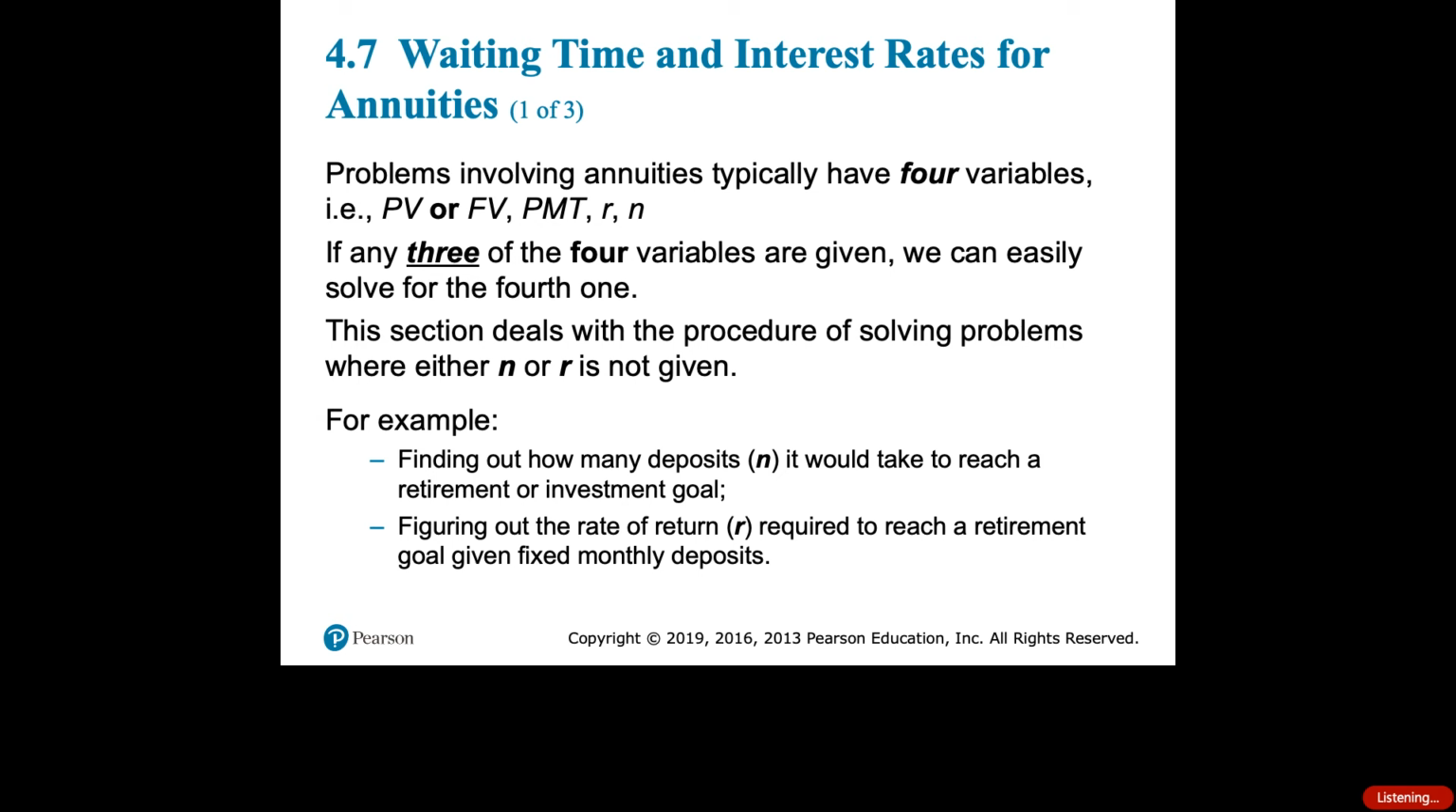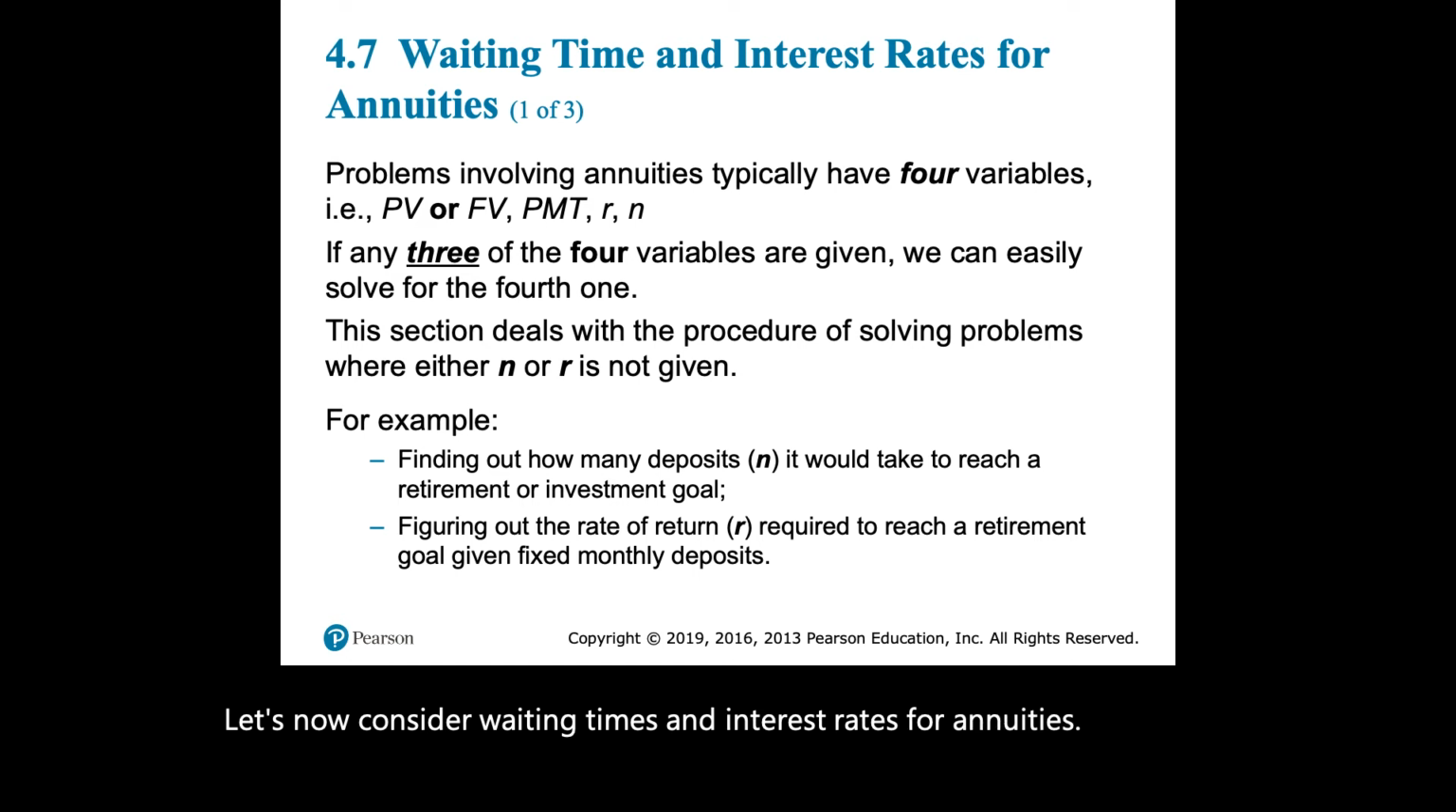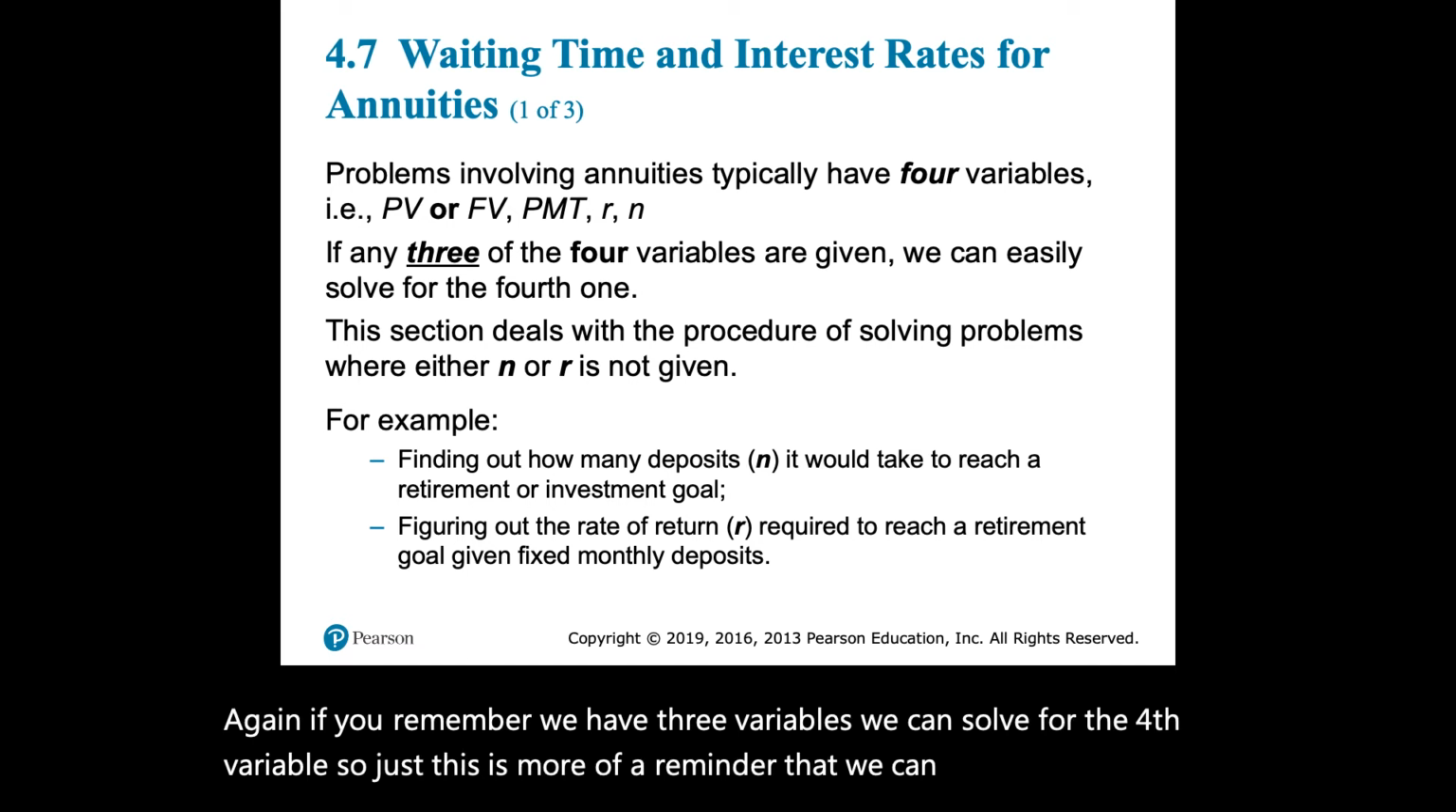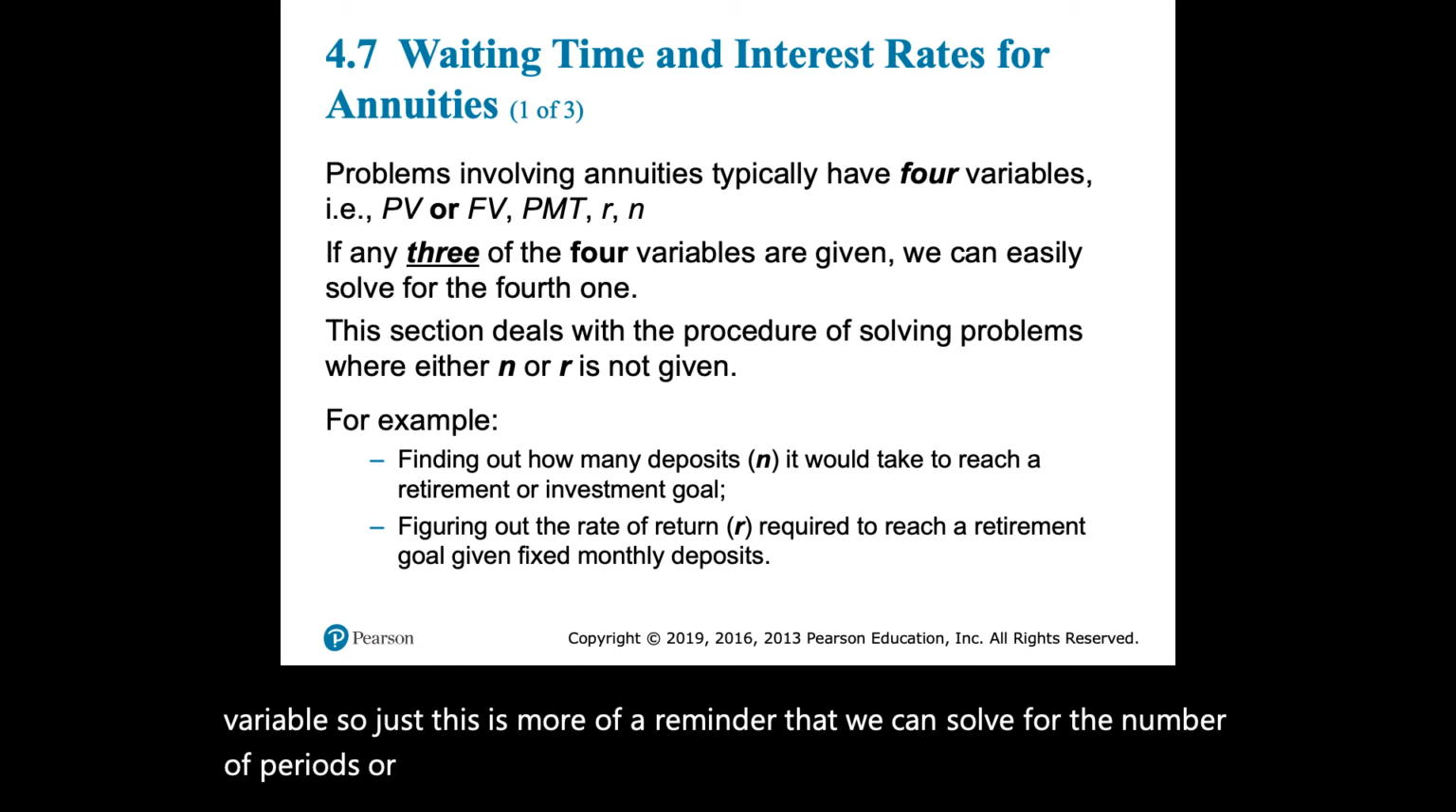Let's now consider waiting times and interest rates for annuities. So again, if you remember, if we have three variables, we can solve for the fourth variable. So this is more of a reminder that we can solve for the number of periods or the waiting time, or we can solve for the interest rates,